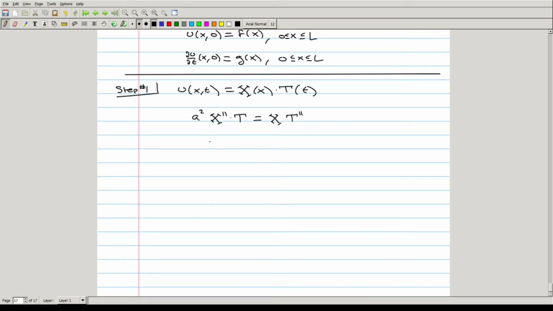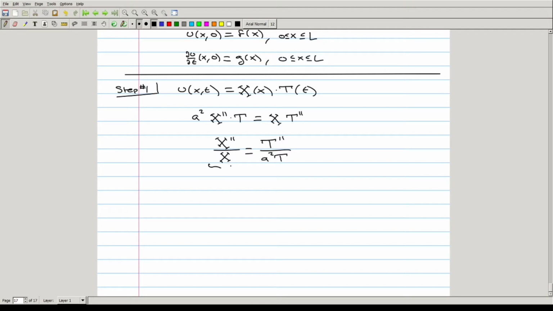Which, if we divide by X times T, is the same thing as the equation X'' over X is equal to T'' over a squared times T,